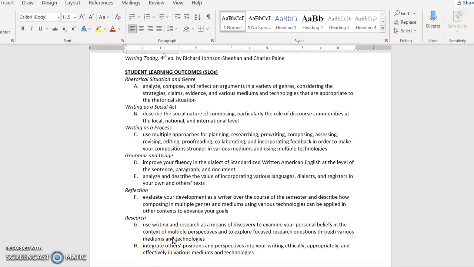This is a really wordy way of saying, learn how to research things and learn how to use questions as a way to broaden your vision of a topic or subject, and to not just dive in trying to find proof of what you already think, but to be truly open to the research process and open to the possibility of encountering things that challenge your pre-existing beliefs about something.